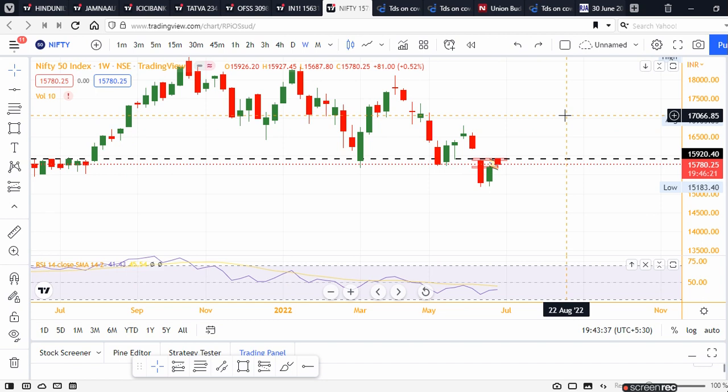So 15,700 अगर इस हफ्ते भी break नहीं होता कल के दिन, so this is something positive. Till the time 15,700 is not broken, we are technically creating a higher high and a higher close also. That is, a close above the previous close. This is the importance of the weekly chart today because we are already at the end of the week.